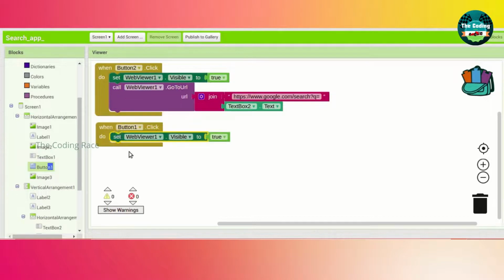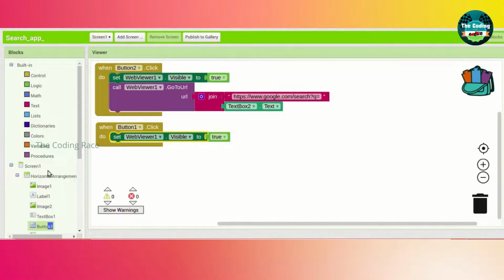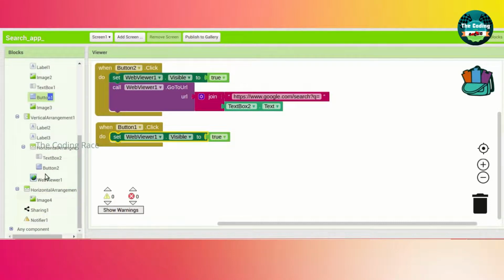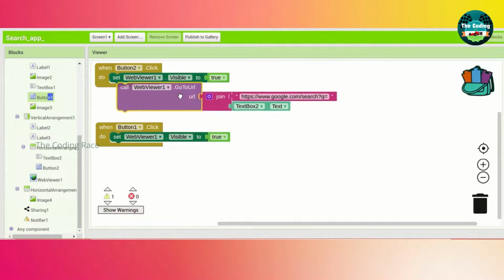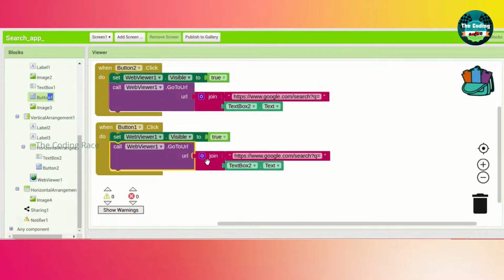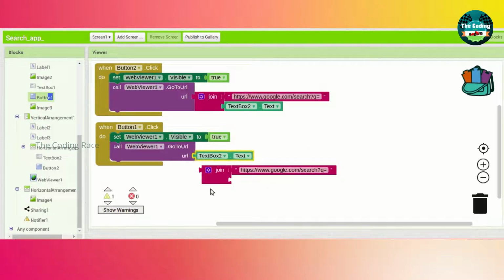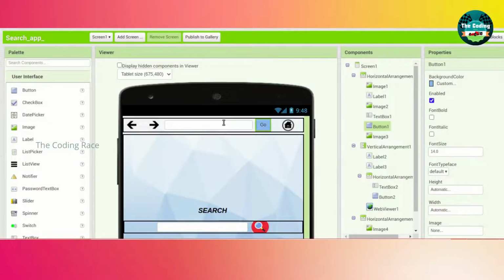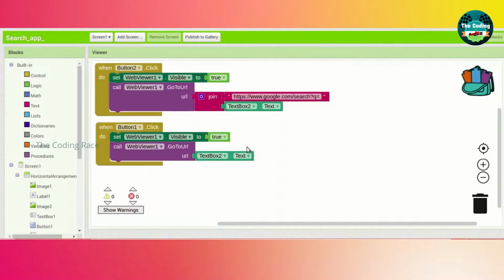Next we will code for this go button, which is button 1. Go to button 1, drag and drop when button 1 dot click. Duplicate the set web viewer dot visible and just duplicate this call. Go to the web viewer.